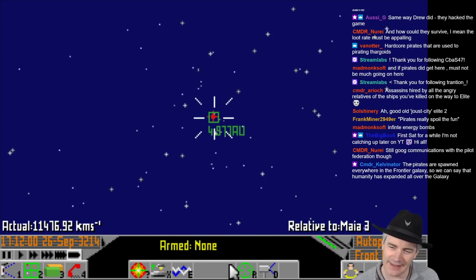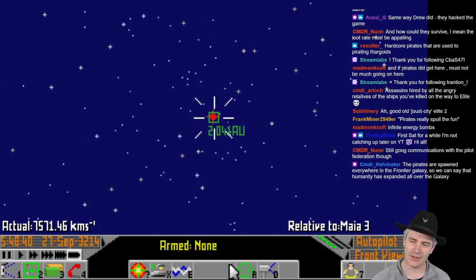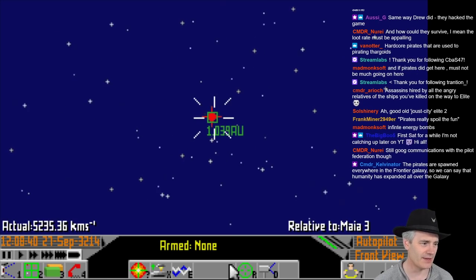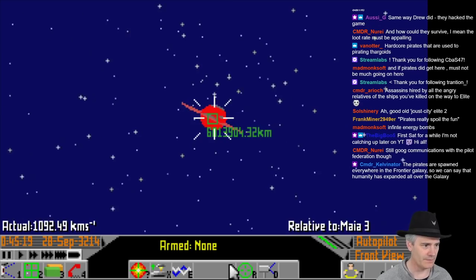Now, one thing Frontier Elite 2 does do is these sort of substellar objects. It does try and represent different types of object in space quite well. So there are things to go and see, like this one. There we go. This is actually...